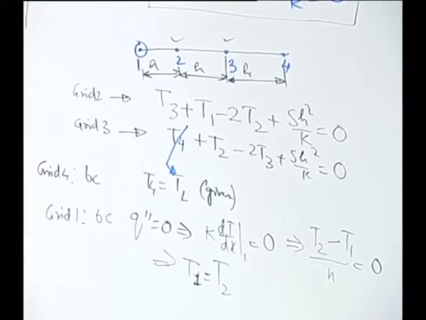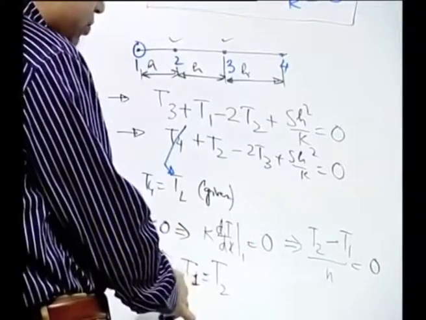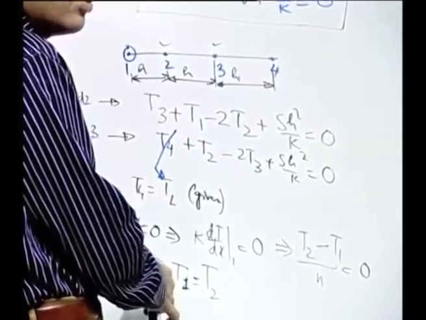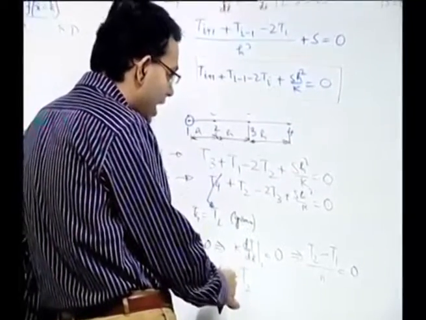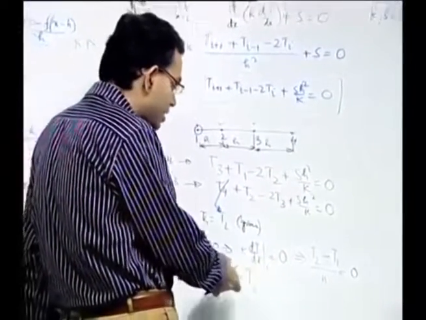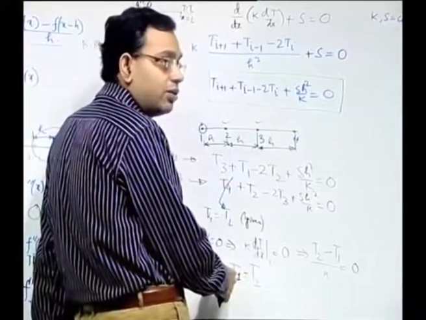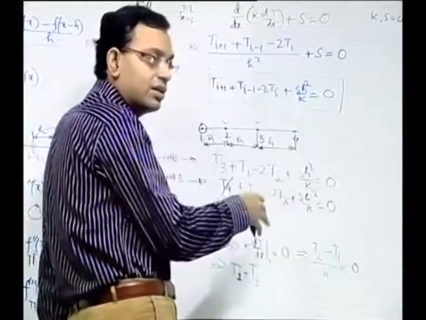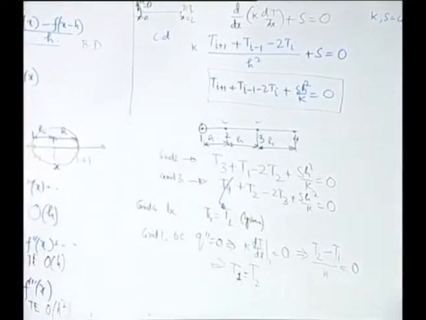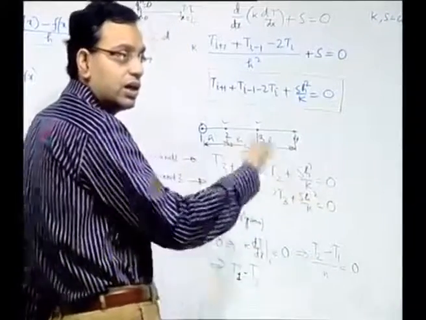Remember, when you write a computer program, there is a difference in the statement T1 equal to T2 and T2 equal to T1. Always when you are writing a statement for a boundary, that means you are writing the expression for the boundary condition. So, express the boundary as a function of the interior, that means there is some value T2 which is assigned to T1, which is the value at the boundary. So, it is not T2 equal to T1. Of course, when you do it by hand it does not matter, but when you do it through computer programming, it is the boundary assigned in terms of interior ones. That is how you have to organize the boundary conditions.